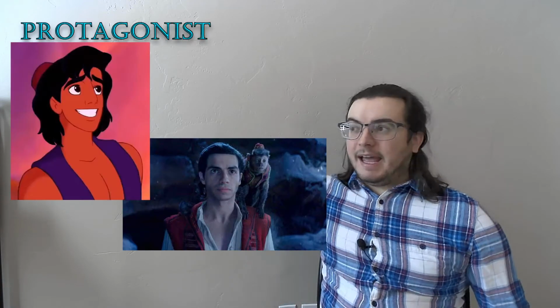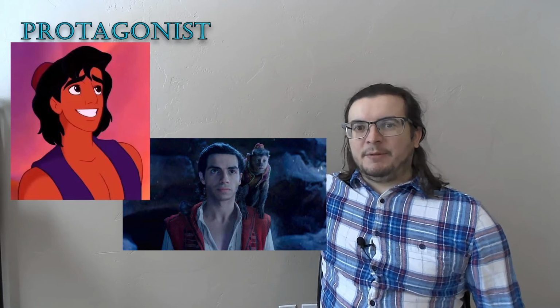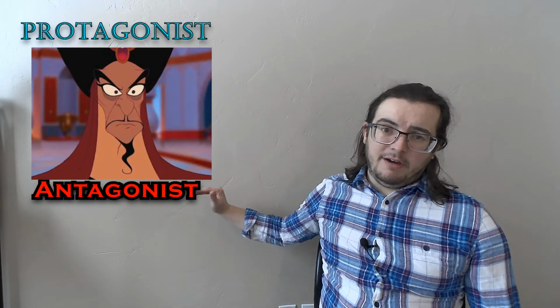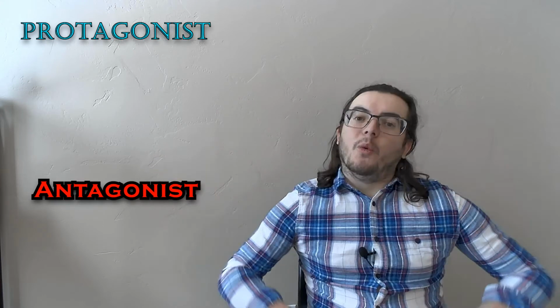Let's look at a quick example here with Aladdin. Aladdin's main goal throughout his story is to get with Jasmine. Aww. Jafar here is obviously the antagonist of Aladdin. He's trying to rule Agrabah, and he needs Jasmine to legitimize his claim to the throne. So we have protagonist Aladdin, antagonist Jafar, they clash, boom, conflict, and we have ourselves a cut and dry protagonist and antagonist. But it's not always that clear.